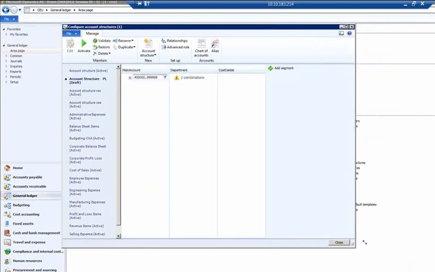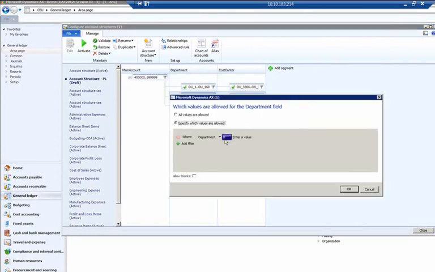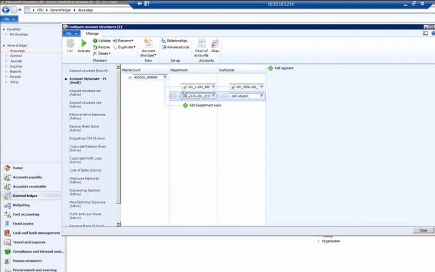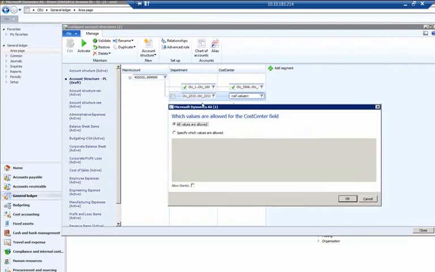I'll click on the account structure that I was working with. And in this example, I'll say operating unit 2310 to operating unit 2311. So what I've done is I've created a second criteria in the department segment so that if 2310 or 2311 is used as a department, then the cost centers mapped to that node in the account structure will be used. So in this case, I'll just say when those departments are used, any values for the cost center field can